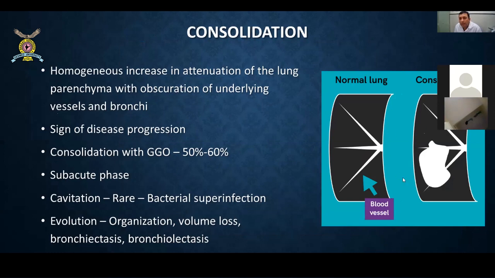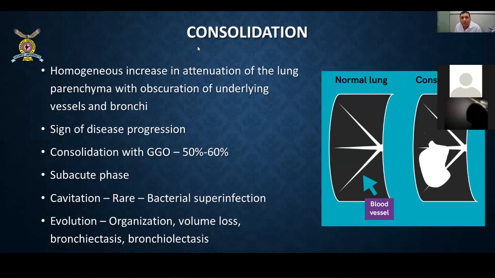So this is the diagrammatic representation of the same. This is the normal lung, and this is the abnormal opacity in the normal lung. You can see the vessels are getting obscured by the opacity. So that is the difference between consolidation and the ground glass opacity. In the ground glass opacity, you will have the increased attenuation, but the vascular markings will be present, or will be seen through the opacity, and in the consolidation, the attenuation will be increased, and the vascular markings will be obscured by the opacity. So that is the difference between the two.